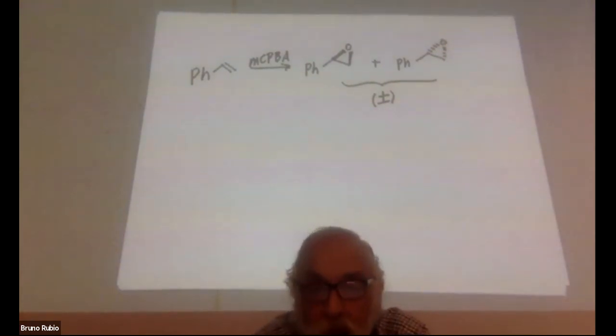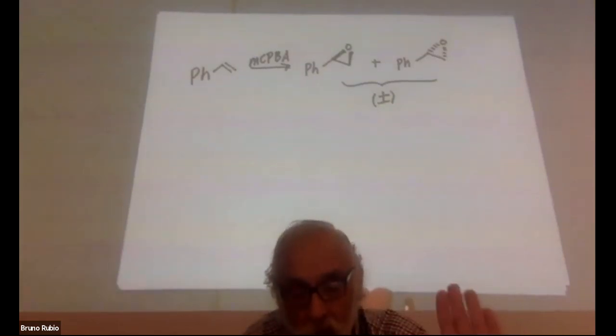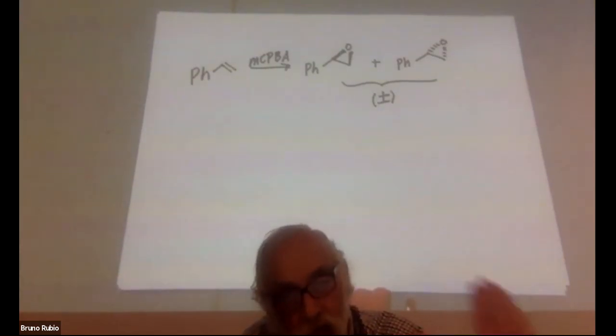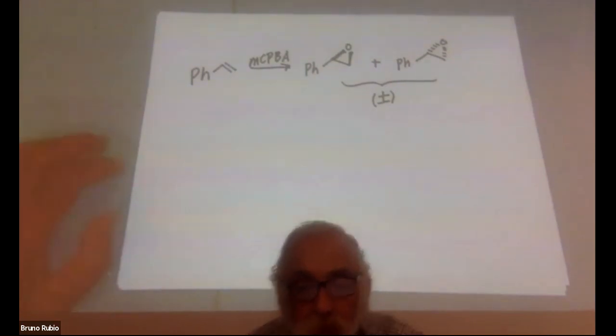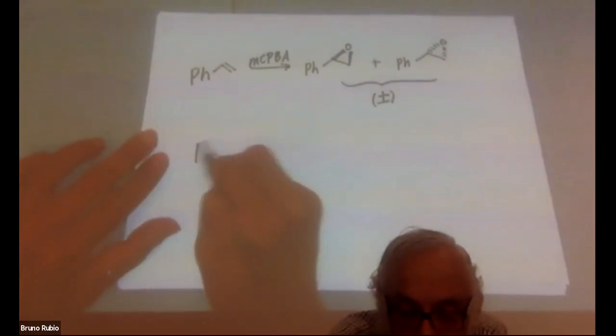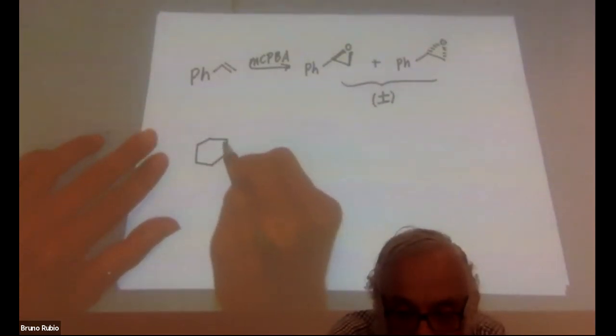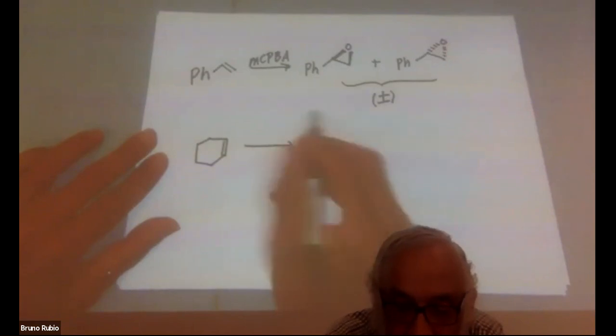of these two epoxides. And so this happens because this alkene doesn't have a more hindered side or a less hindered side. Okay, so let's try again. So here we have the alkene. We're going to react that this time with